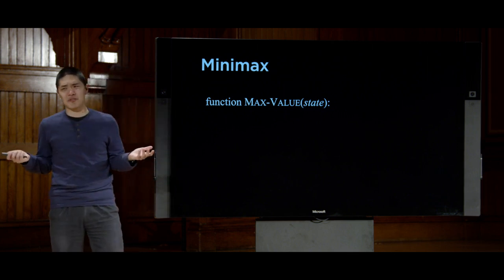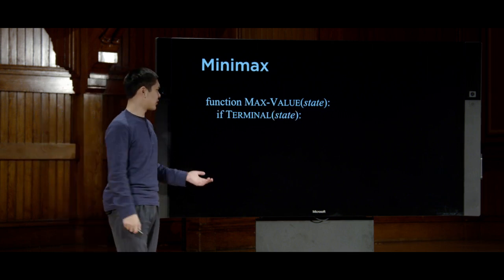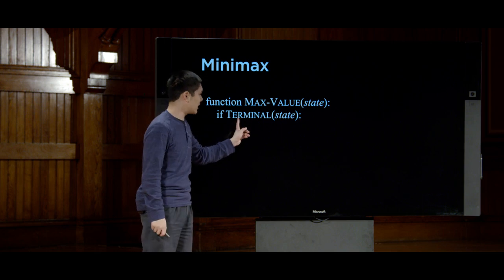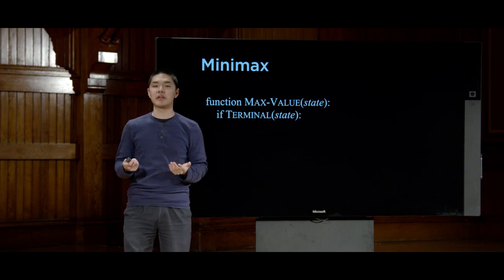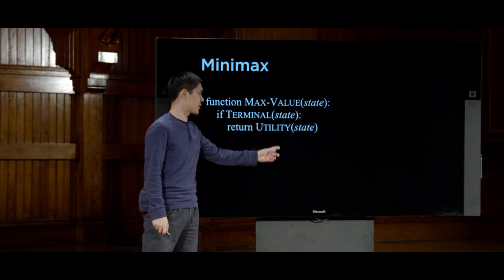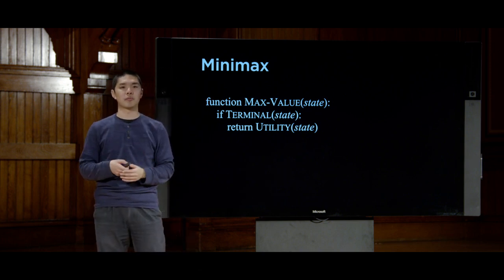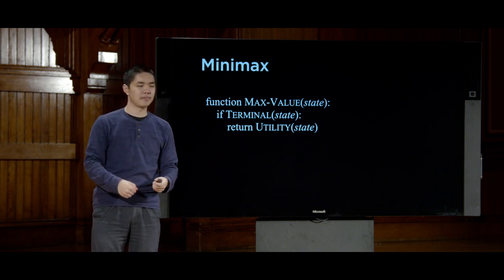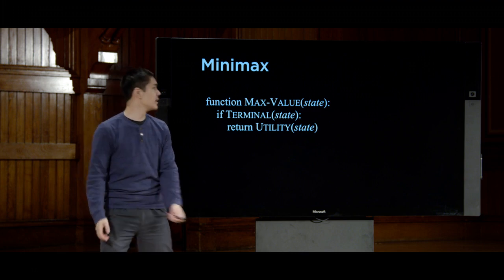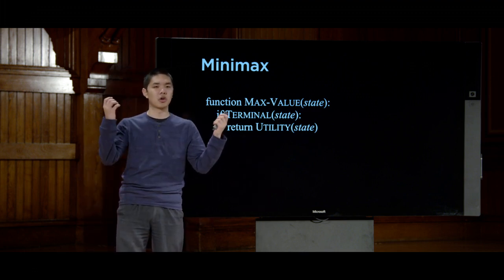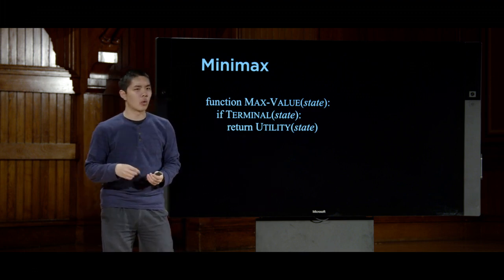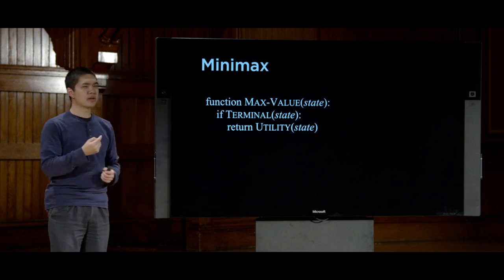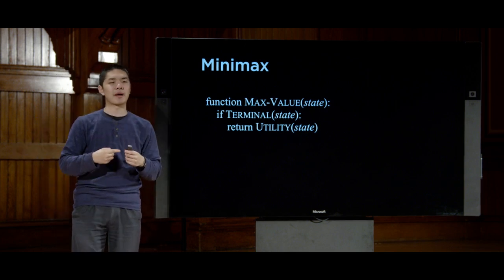Well, the first thing I can check for is to see if the game is over. Because if the game is over, in other words, if the state is a terminal state, then this is easy. I already have this utility function that tells me what the value of the board is. If the game is over, I just check, did X win, did O win, is it a tie? And this utility function just knows what the value of the state is. What's trickier is if the game isn't over, because then I need to do this recursive reasoning